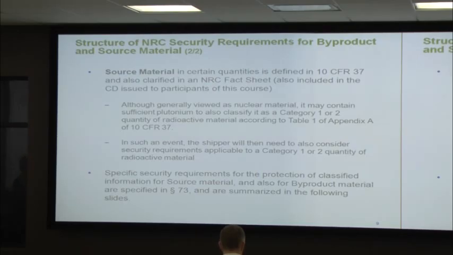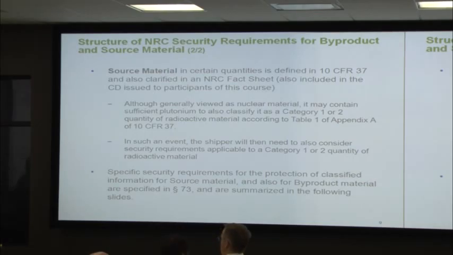For source material, it is dealt with in 10 CFR 37. It's clarified in an NRC fact sheet. Again, it'll be on the CD. And this is words from that fact sheet. Although generally viewed as nuclear material, it may contain sufficient plutonium to also classify it as a Category 1 or 2 quantity of radioactive material. And that's why we have that one question in Decision Chart 2 that asks, could it be